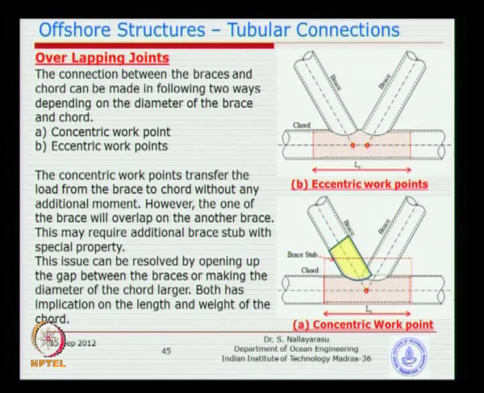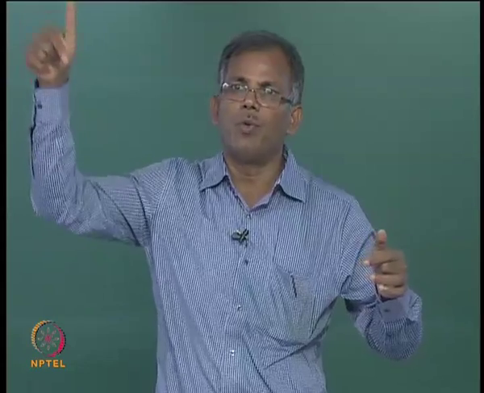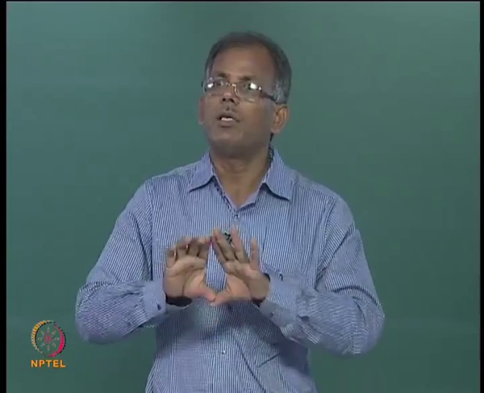The last one is basically the overlapping joints. I think you can see from this picture, what you can notice is 2 braces are trying to be connected to one joint here, that was our intention, and because the cord size is smaller, we ended up opening up. Otherwise you see the bottom picture, I still would like to make it connect to a single point, that means no eccentricity, the loads coming from one brace are taken as a cancellation effect by the other brace, the cord does not experience too much shear, there is no unbalanced force.